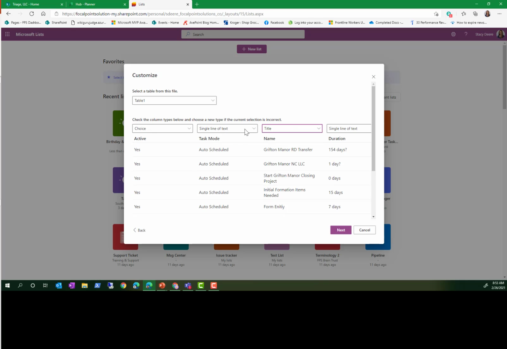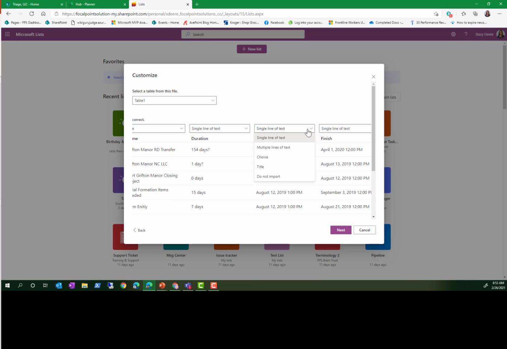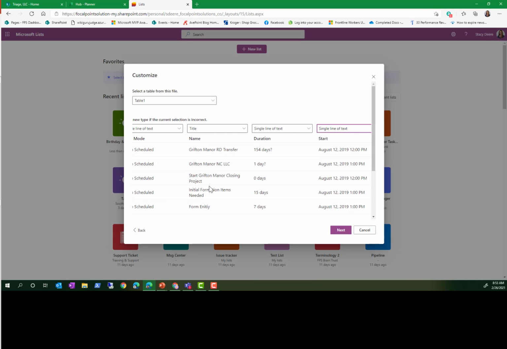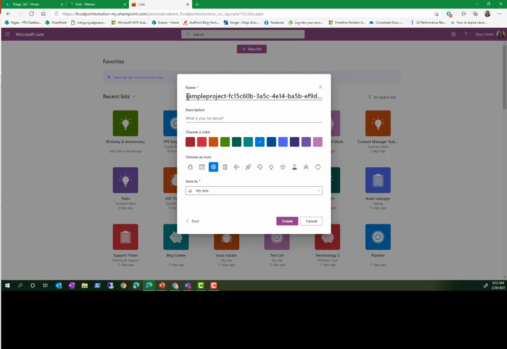This is task mode, auto scheduled. That's probably fine. Notice this is in days. So you have different things that you can put there. So this is a date. I'm not sure why it's not giving my date option there. But you just validate what you want each column to be, and then you hit next. From here, then you can give it a name,